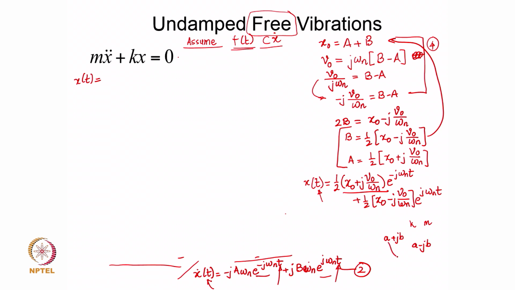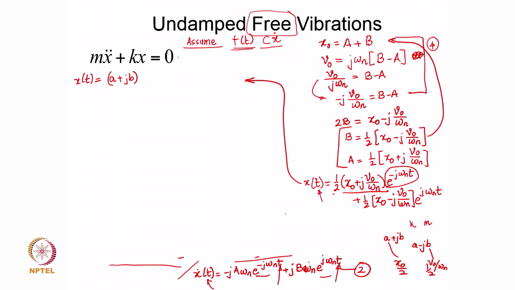So, where a is x naught and b is v naught over omega n, just for convenience sake to derive the final expression. Or maybe this is x naught by half and this becomes half. So, I will take care of this half as well. So, essentially this equation I am writing here as a plus j b,